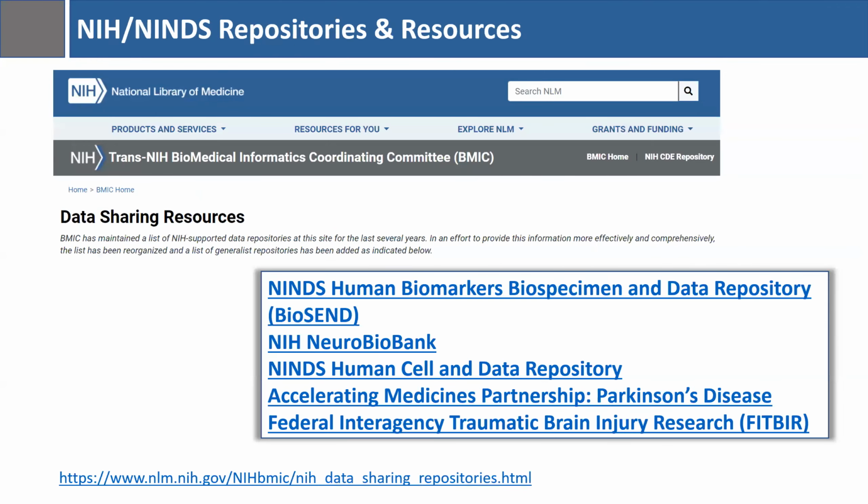Reminder of a few of the resources that NINDS in particular uses or supports, including the Biomarkers and Biospecimen Data Repository, or BioSend. So if you're banking samples, you can do that through BioSend. You can also request access